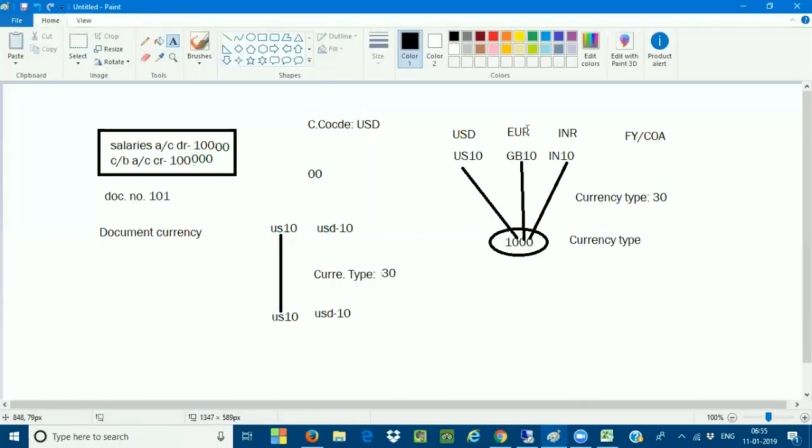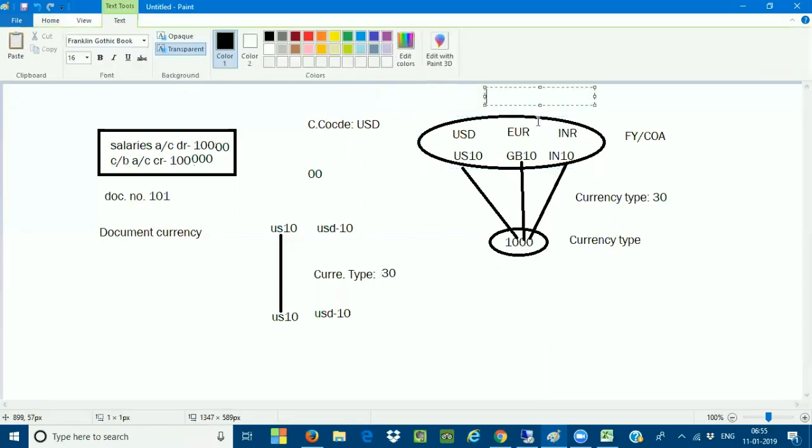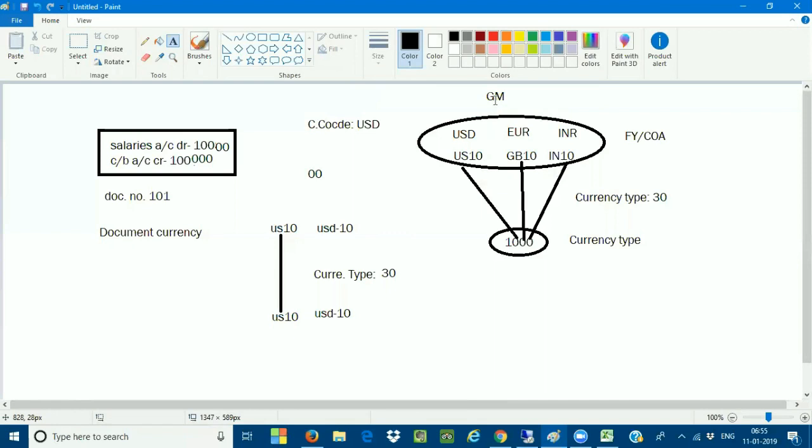I have these many company codes here. All these company codes are assigned to the same company. What is your company? General Motors is my company, as an example. All the three company codes have been assigned to the same company.